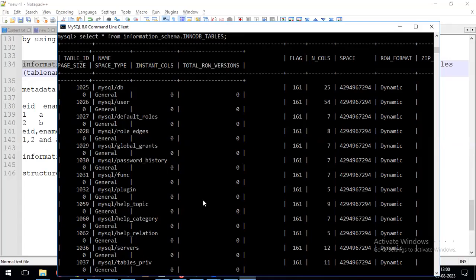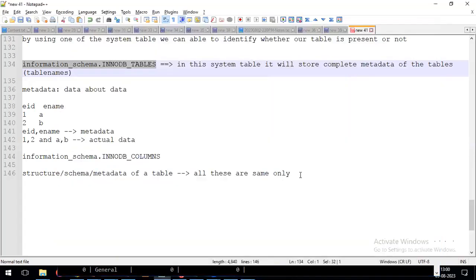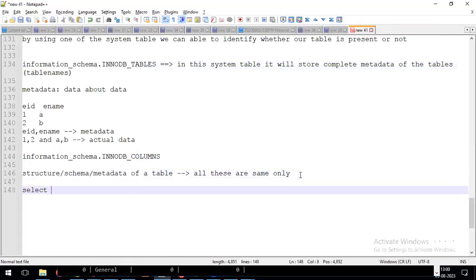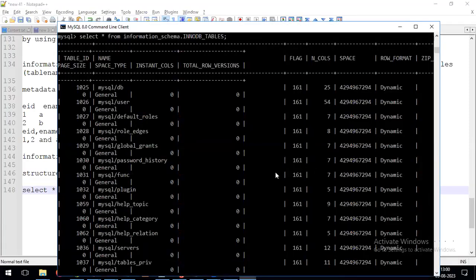If you want to see a particular table or fetch a particular record, we have written the query as select star from the table. Now we are getting around 100 records in the output screen. But instead of getting all the records, I want to get only a particular record. So what can we do? We need to apply the filter condition. But if you want to apply the filter condition, what do we need to understand? On which column you want to apply the filter condition, that we need to understand. That's the reason what I will do here is